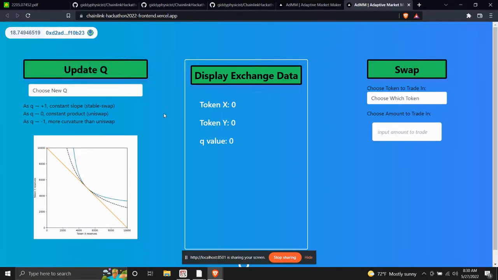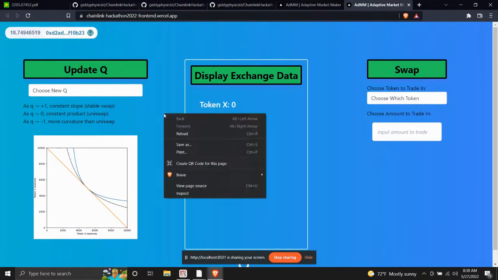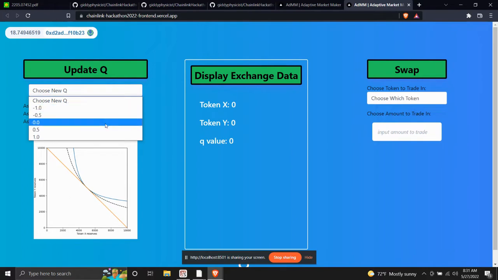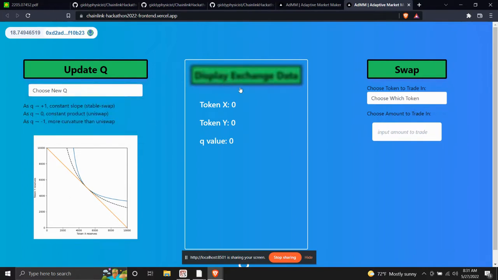So here's the front end to the dApp. This interacts under the hood with the contract that I deployed to the Rinkeby network. The basic idea here is you can update the Q value, and here you can display the exchange data. If I click that, it has some default values for token X and token Y reserves, and then a